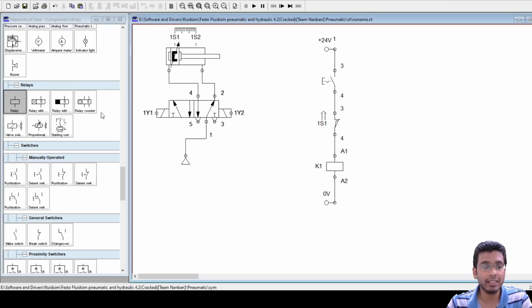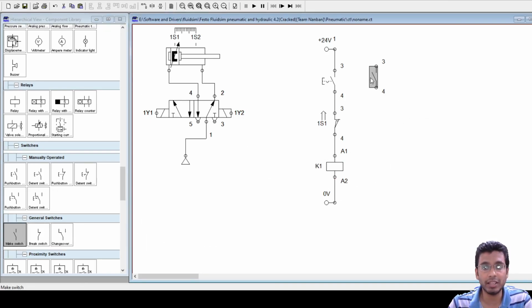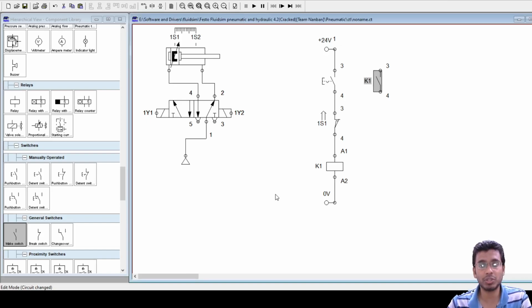Then I'm going to use a make switch of my relay K1. With K1, what should I energize? 1Y1. Good.